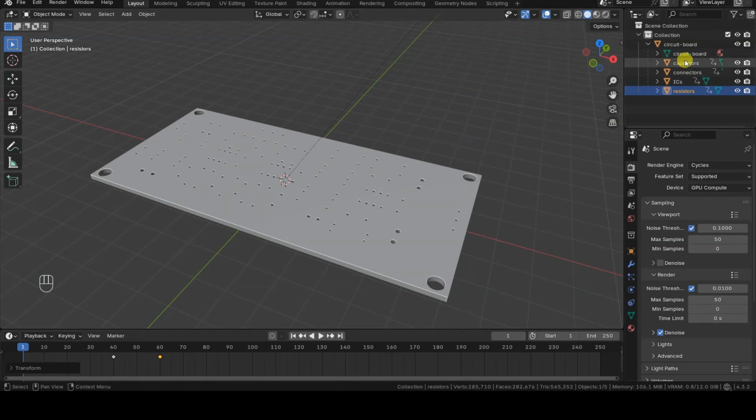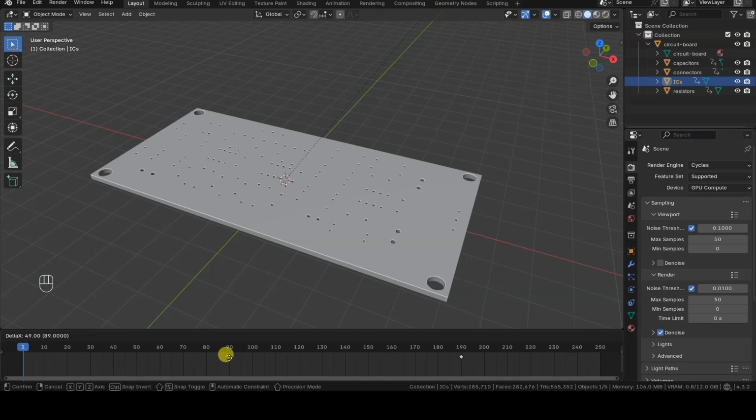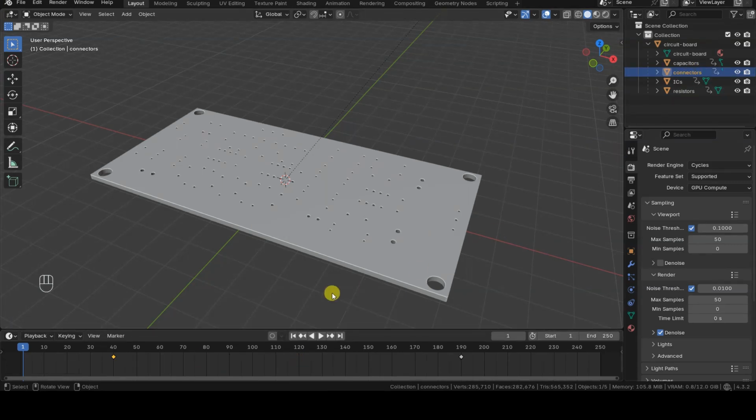Now I select the capacitors, move the first keyframe to frame 60, and then move the last keyframe to frame 90. For the integrated circuits, I set the range from frame 90 to frame 120. Finally, I set the range from frame 120 to frame 150 for the connectors.